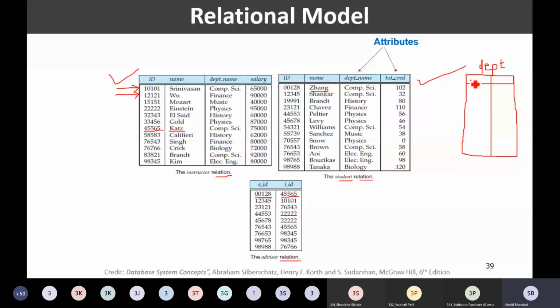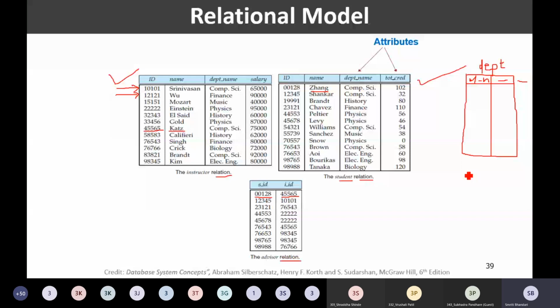Okay, so other than these three tables in my university schema, I am having one more table, department, and in department I am having department name. Then I may have other attributes like the building where that department is located, then the budget for the department. So these are other attributes for my department table. Okay, now what is referential integrity? We are talking about referential integrity.